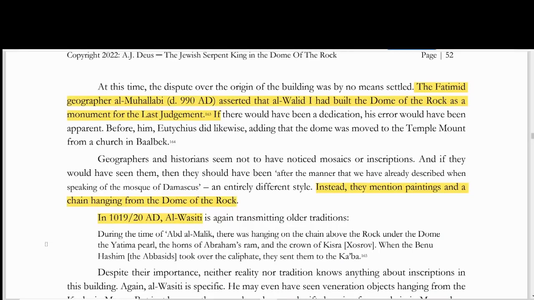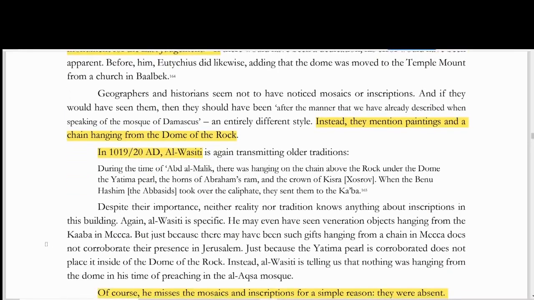Before him, Eutychius did likewise, adding that the dome was moved to the Temple Mount from a church in Baalbek. Geographers and historians seem not to have noticed mosaics or inscriptions, and if they would have seen them, then they should have been, after the manner that we have already described when speaking of the Mosque of Damascus, an entirely different style. Instead, they mention paintings and a chain hanging from the Dome of the Rock. In 1019,